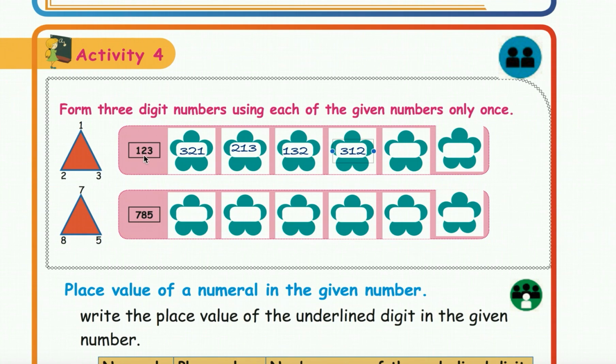Starting 2 first. 213 is over, right? 231. 231 is not over. Now starting 2 first, two numbers are there. 213, 231. Let's do 231. Okay, right. Starting 3 first. 321, 312. That is over, right? Yes, both are over. Starting 2 first also you will get two numbers. Okay.